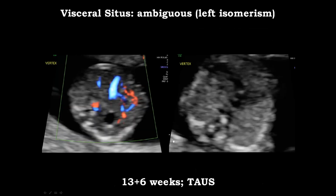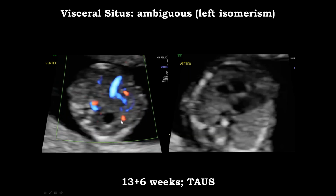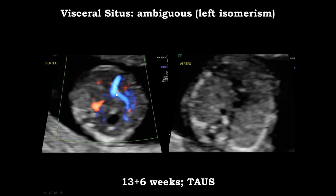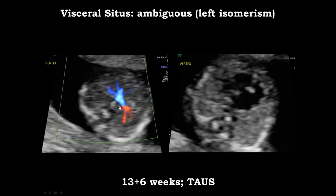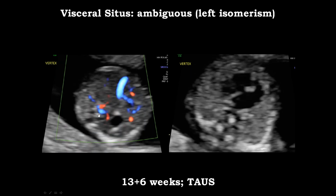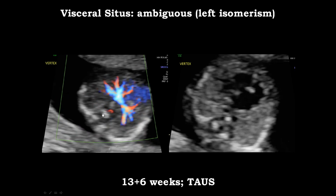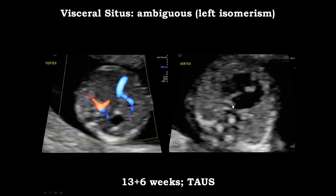So here is another example. We can see the stomach is on the right side. We can see an abnormal appearance of the portal vein system here, but what is also remarkable is that we can't recognize any evidence of the inferior vena cava at that level. Instead, we have another vessel that runs in parallel to the descending abdominal aorta, and this vessel is a dilated azygous vein. The same vessel is visualized behind the common atrium in the chest,